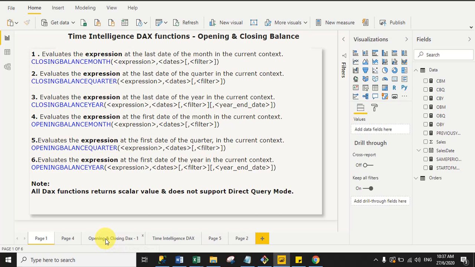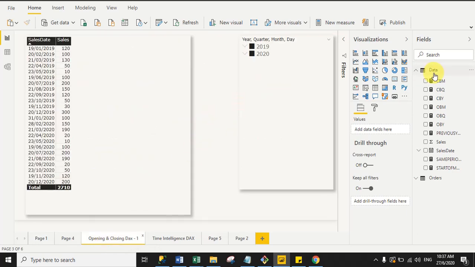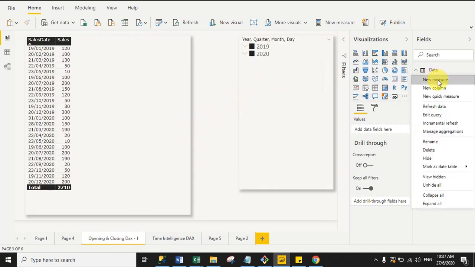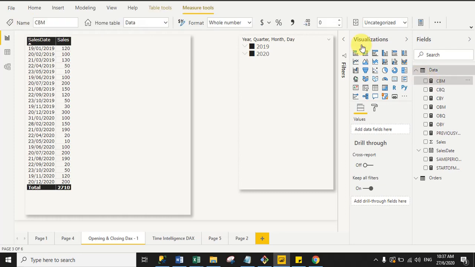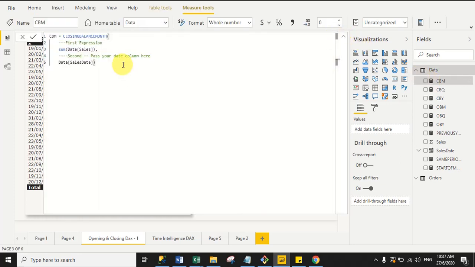So back to the data set. Then right click your dataset name, then click to new measure. When you click to new measure, it will open one DAX query window like this, right? And then write the query